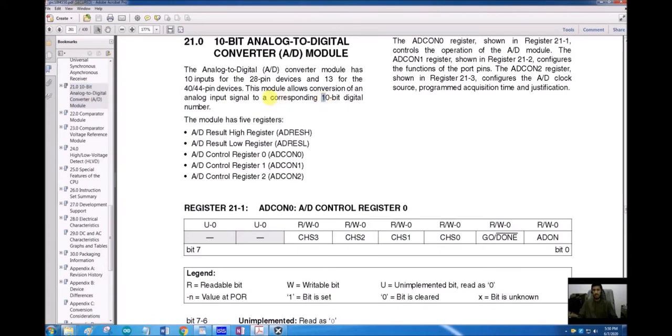So any analog input will be converted into a 10-bit digital value. 10-bit can count from 0 to 1024. Any analog value will be converted from 0 to 1024 using this module.